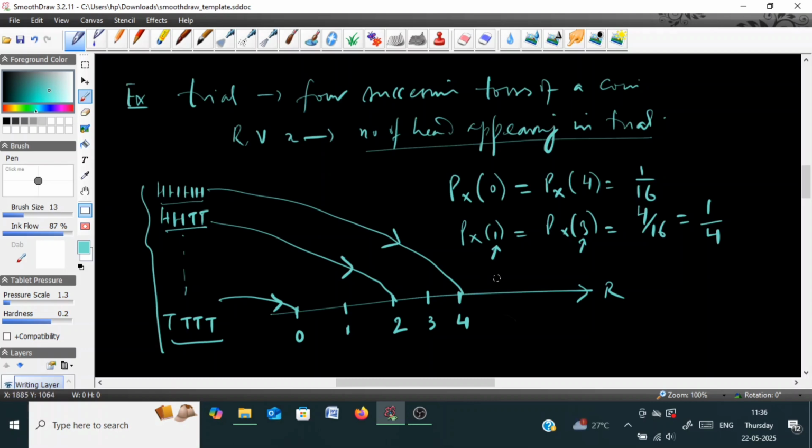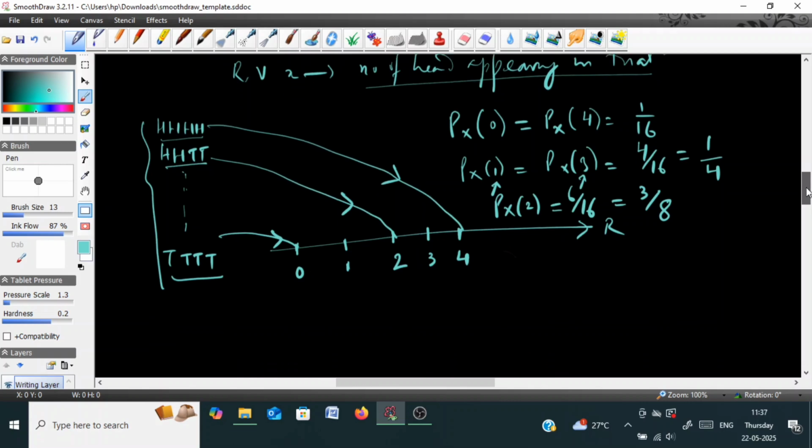Okay, likewise the probability of getting 2 heads is 6 by 16, which is 3 by 8. So you will have 6 outcomes in which 2 heads will appear. That is why the probability of getting 2 is 3 by 8. Now if you plot its